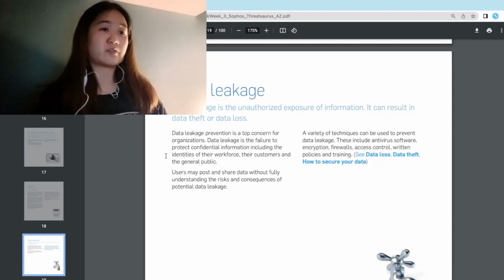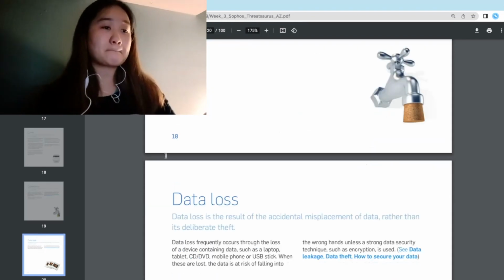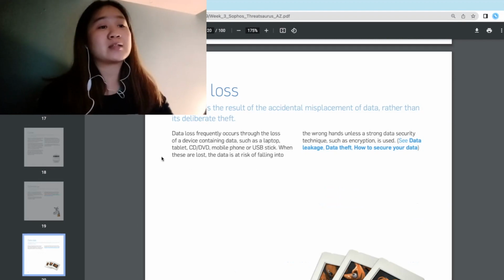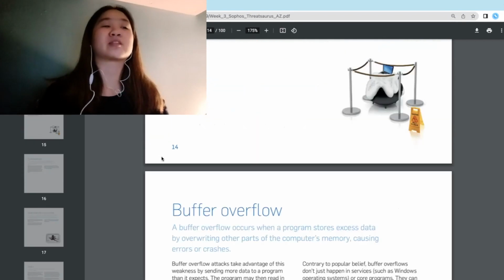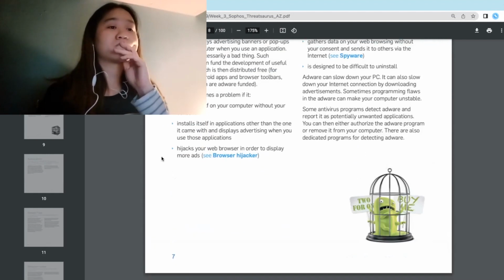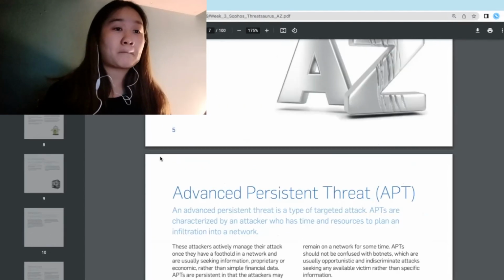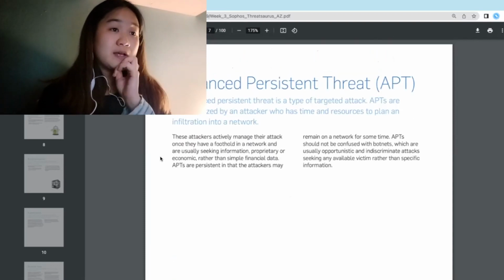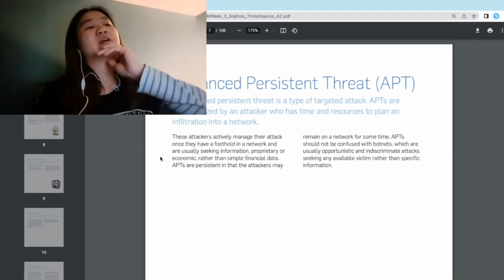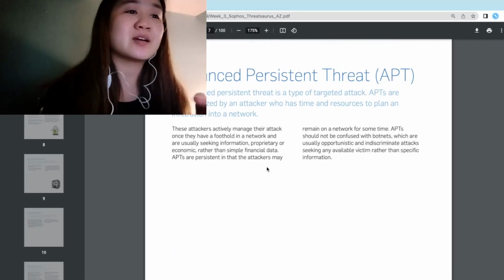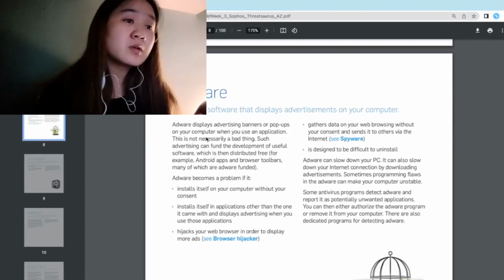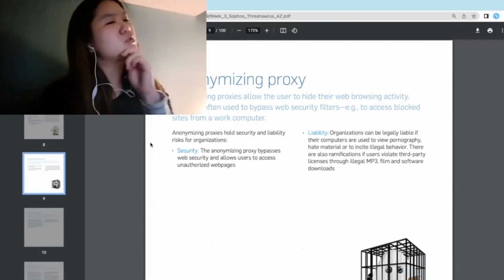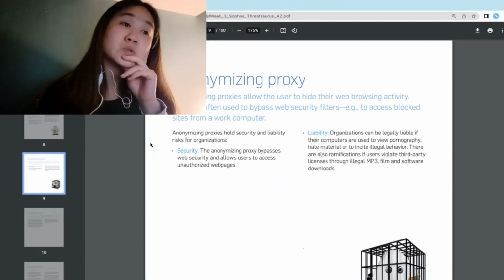Okay, so I've got to pick one and explain what it is in my own words. There was quite a lot that I didn't know. I'll pick one of the ones I've read through so far. That was the first one. Advanced Persistent Threat, or APT. Really don't think I'll be able to explain this one well. I know what an adware is. What about anonymizing proxy? Should I use this one?